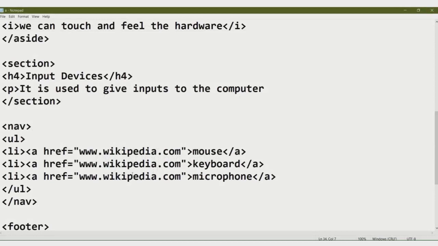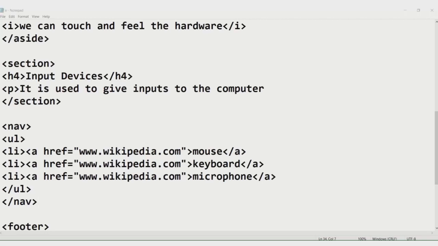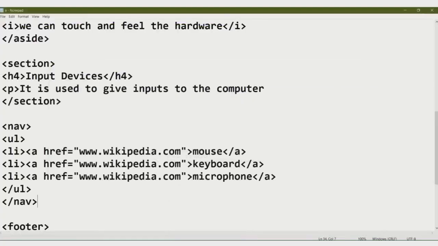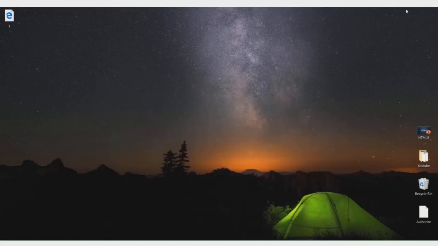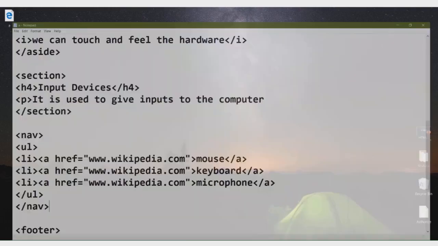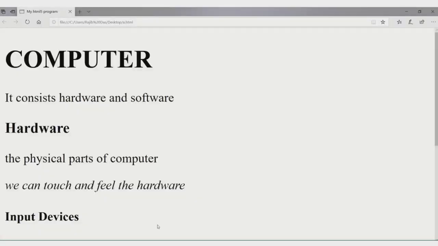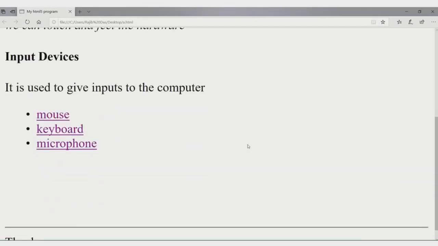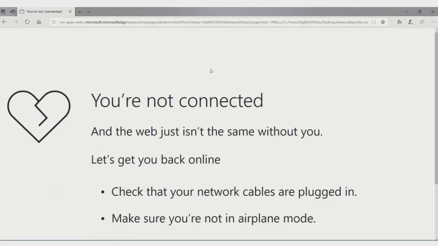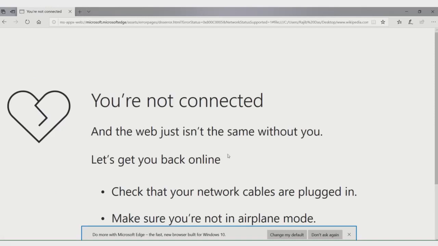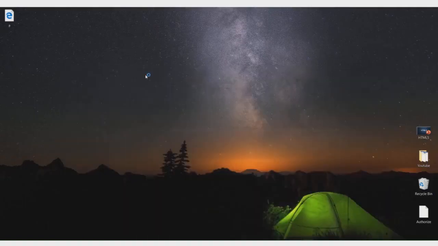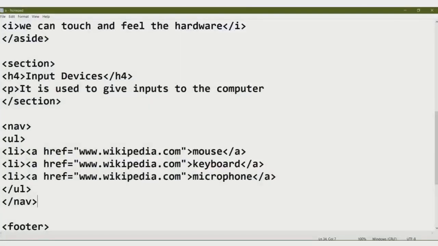Okay, so you can use the nav tag to place navigation links. Okay, and when you click on the microphone, this also goes to the next page, but the internet is not connected, that's why it is written here. Okay, then go to the notepad page,